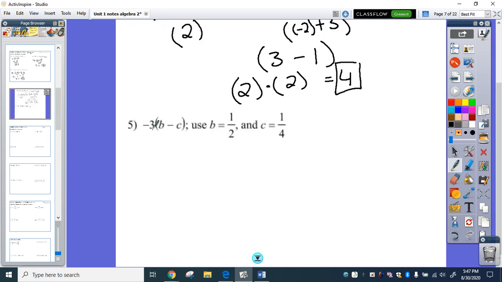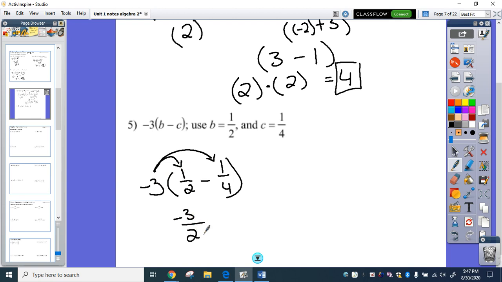In the last problem we have here, we've got distributive property, but we've got fractions. So let's deal with this problem. We'll leave the negative 3, parentheses, B is 1/2, and C is 1/4. Now if we distribute the 3, remember we're only multiplying times the numerators, the top numbers. Negative 3 times 1 is negative 3 over 2. Negative 3 times 1, but this one's already negative, so we're going to change this to a positive